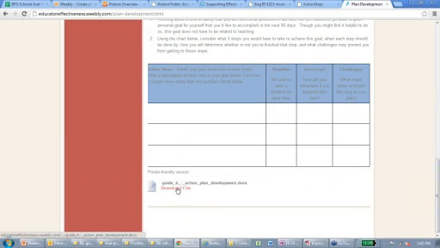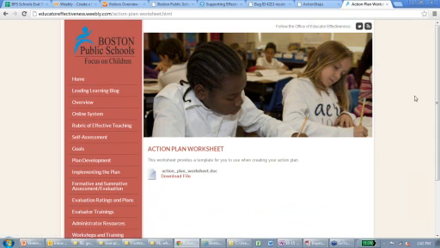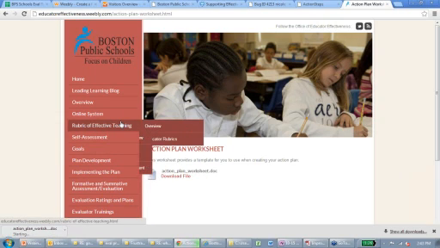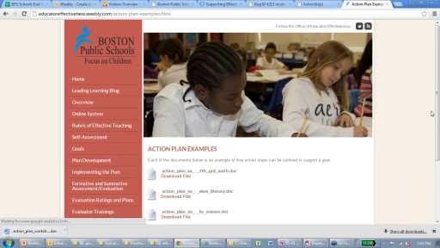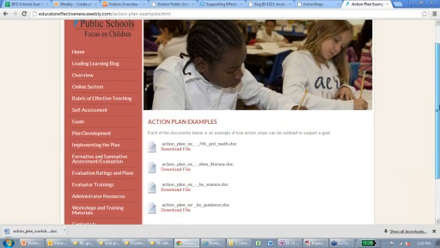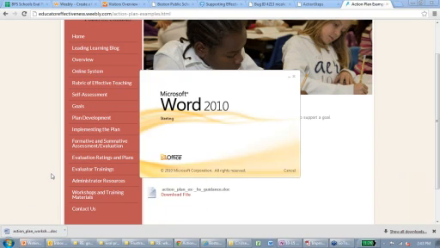There's a guidance document available here. We've also created an action plan worksheet, which is the document that I showed you previously on the PowerPoint. And you'll also find examples of action plans. We've created a math example, elementary literacy example, a high school science example, as well as a high school guidance example. So if we click on the document that I just downloaded, which is the action plan worksheet,